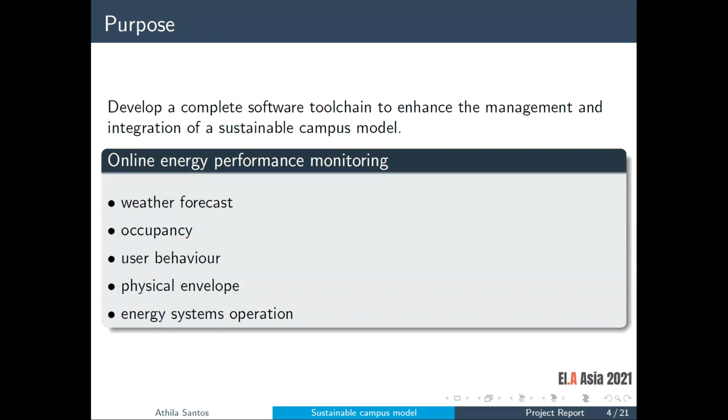Okay, so the idea here, of course, is to have a complete software toolchain to control this sustainable campus model system. And there are 2 parts for this objective. So the first one is this online energy performance monitoring. So here we would like to develop this tool to show several characteristics, like weather forecast, occupancy, user behavior, physical envelope, and energy system operation. So a full monitoring system that works in real time and can show these aspects for the operation of the